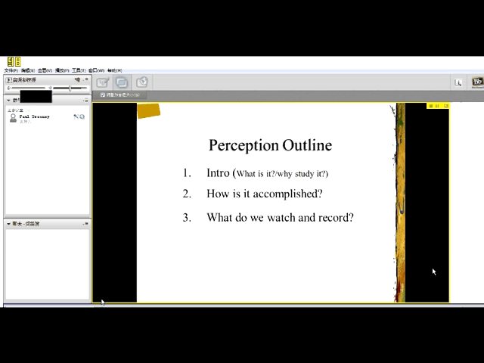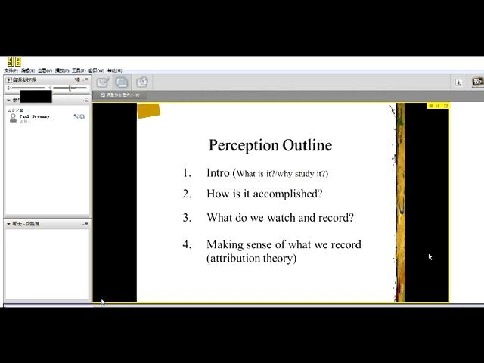One of the key ways it's accomplished is by watching and recording other people. We could fess that up and make it real fancy, but that's really what it amounts to. One of the things we watch is other people a lot. Many of us prefer that, and we have to make sense of it. And our book briefly talks about this, and I'm going to add to this as well, a theory of how we make sense of stuff we see.